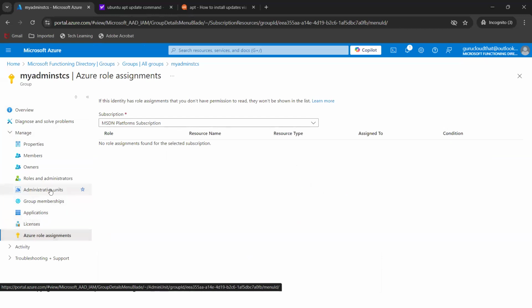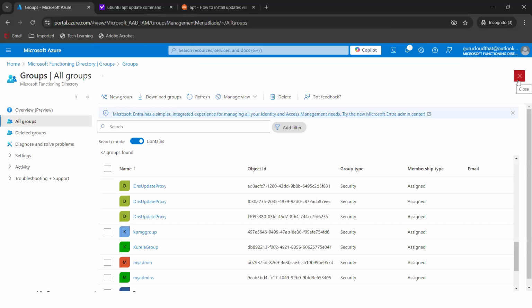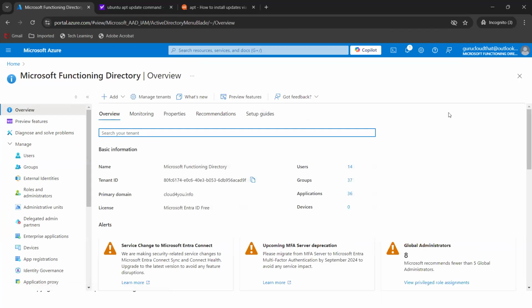I don't have any license here. That's why it is giving an option. So you can directly go create a group, assign an owner, the global administrator role to the group. And once you've added the member to the group, do not give any